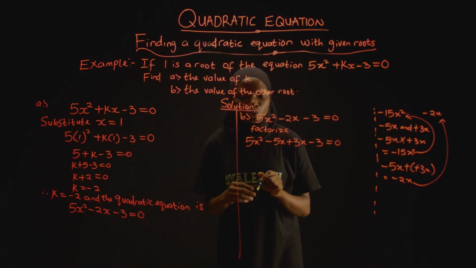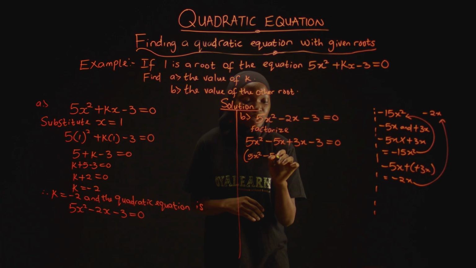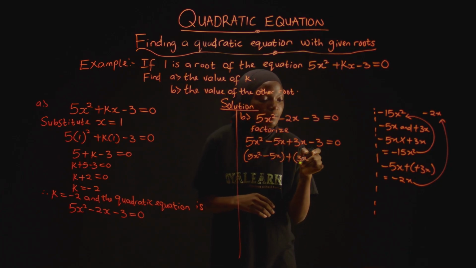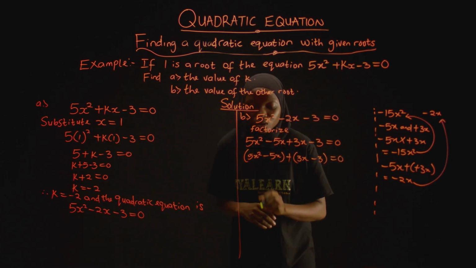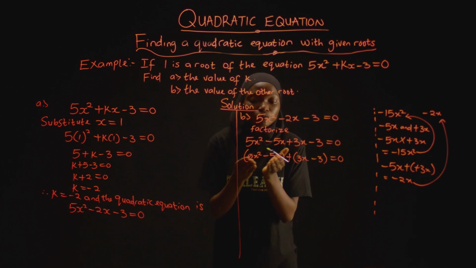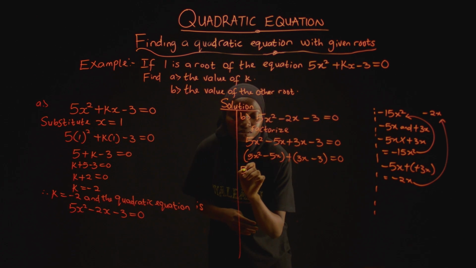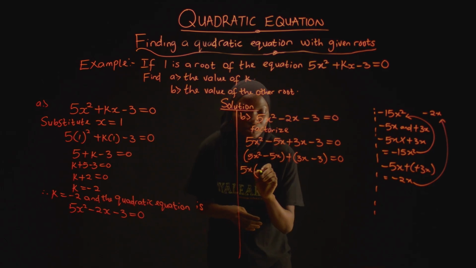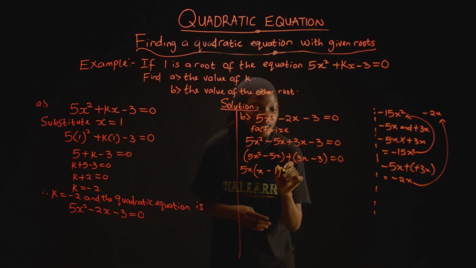So here we group in two. So we're having 5x squared minus 5x. Take the sign here, plus, and here we'll have 3x minus 3 equal to 0. Since it is plus, we are bringing out. So here, we bring out the common factor for these two terms. And the common factor for these two terms here will be 5x. And when you divide this side by 5x, we'll be left with x minus 5x divided by 5x, 1. Then plus,